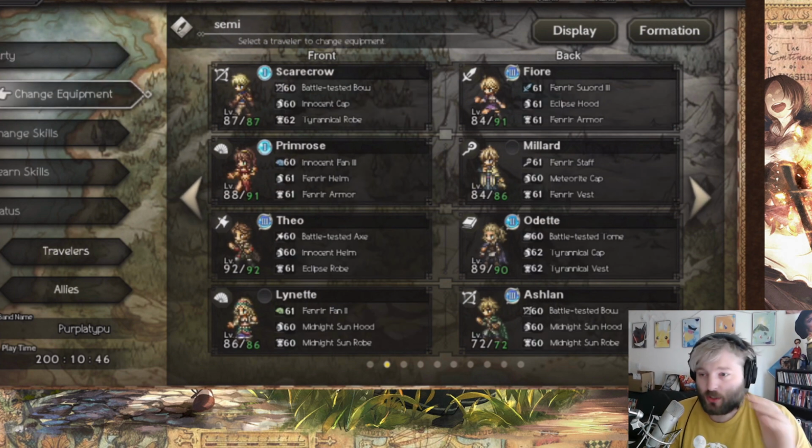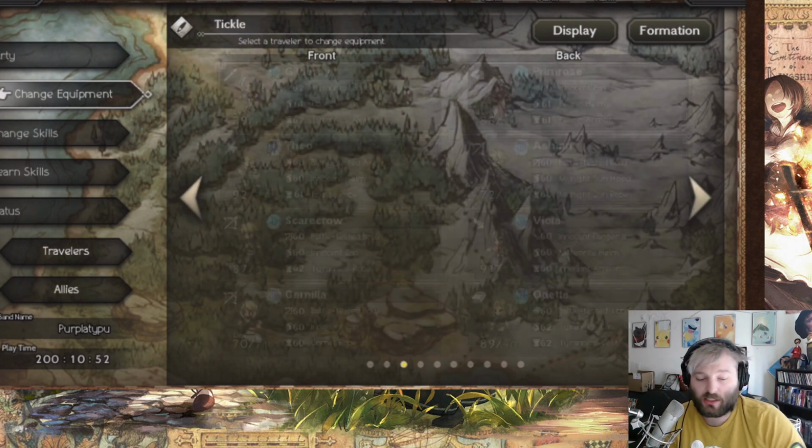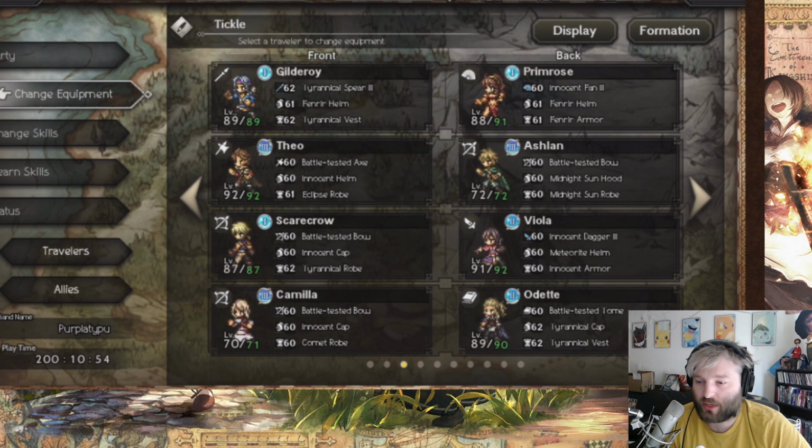All right. So let's say I have one battle tested tome and I'm using Adet on this team. And then on this team, I have Sophia and I want her to have the battle tested tome. I shouldn't have to unequip the battle tested tome from Adet on team 1, unless they're in the same team and I have one tome trying to use it on two characters,